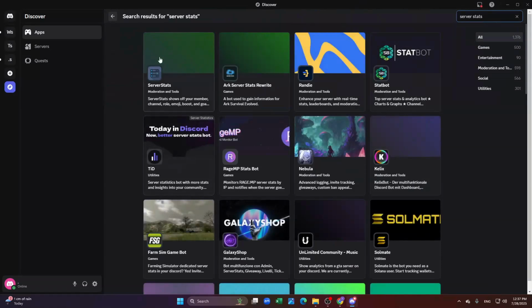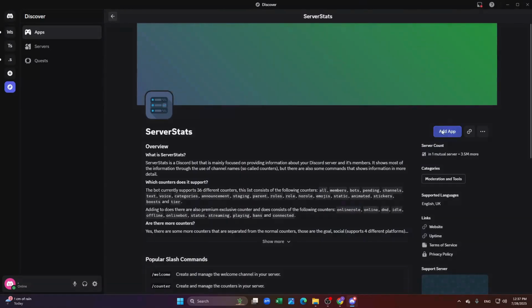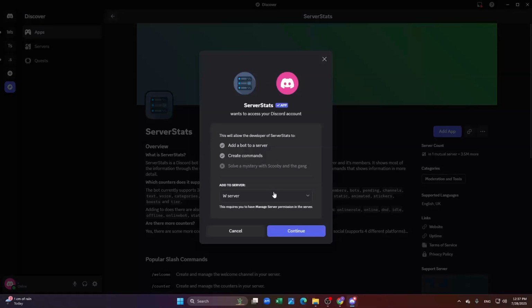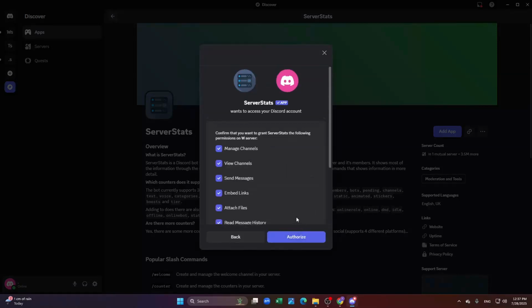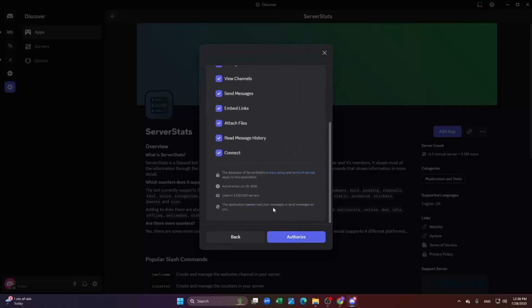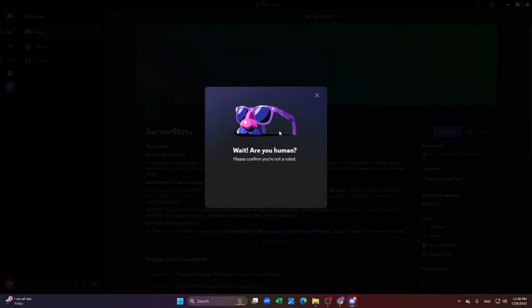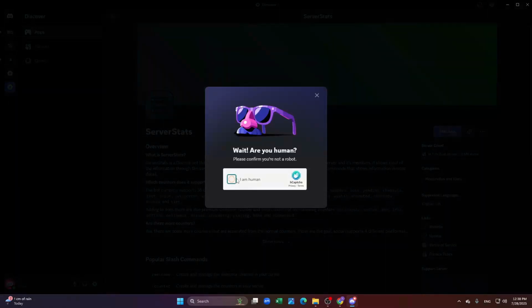And as you can see, this is the bot we were talking about, and you just have to click on add app, and you just have to select which server you want to install the app and click on continue. And you just need to grant all the app permissions and then click on authorize, and after that it will be successfully